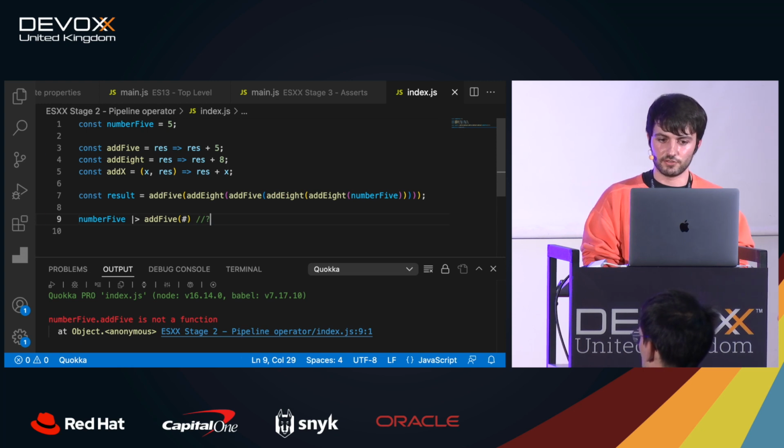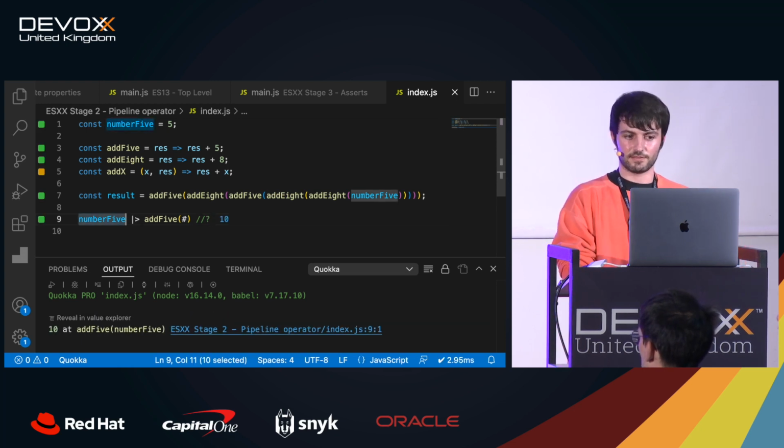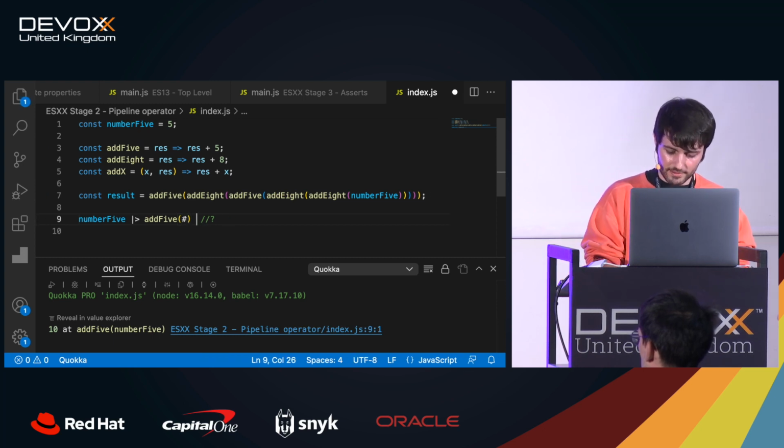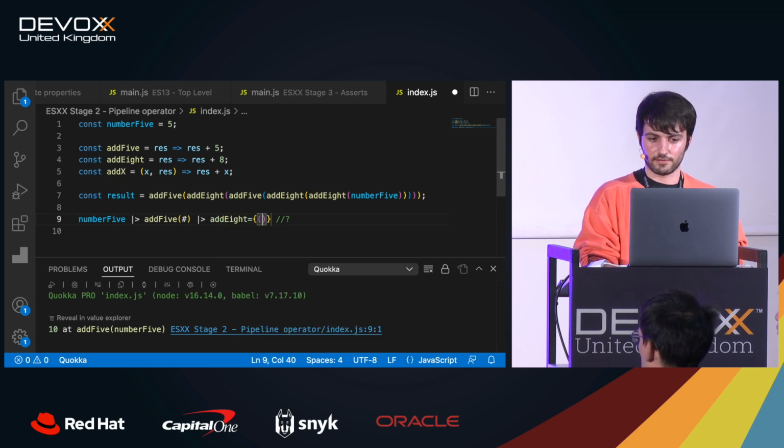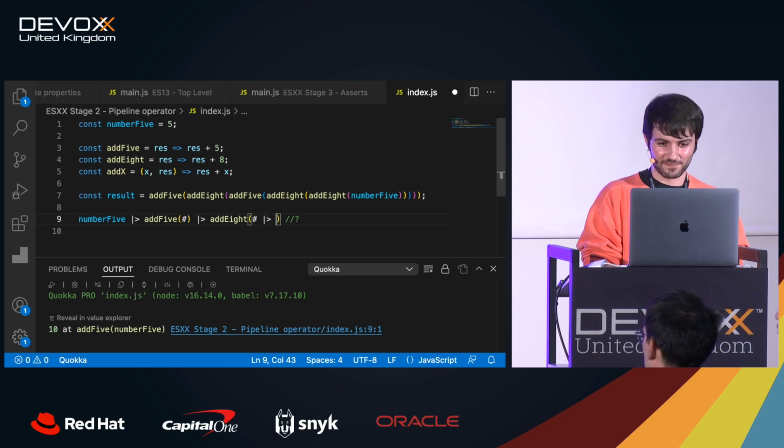So right now, if I show you the result of this, basically 5 plus 5 is 10, no? And the good thing about it is that now it's quite clean to see what's going on.